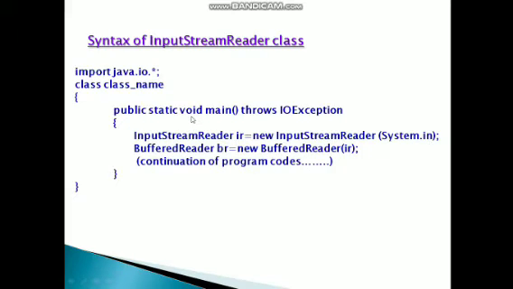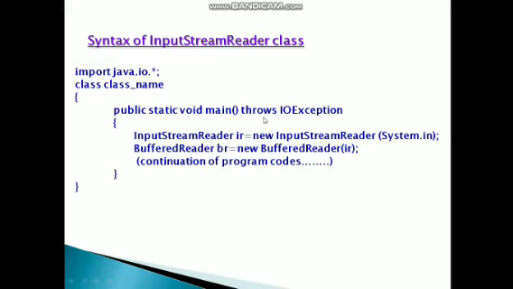Next is void. Void is the return type of the program. That is, if the program is not returning anything, then you must use void. And so far in this whole year, you are not returning any value and you must use void only. Next is main. Main is again a keyword and this denotes that it is the main function.